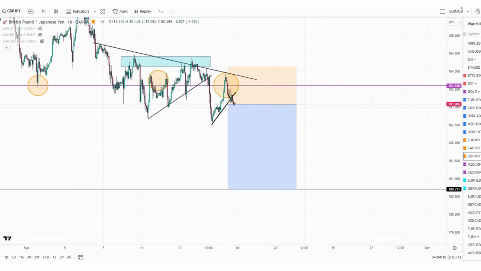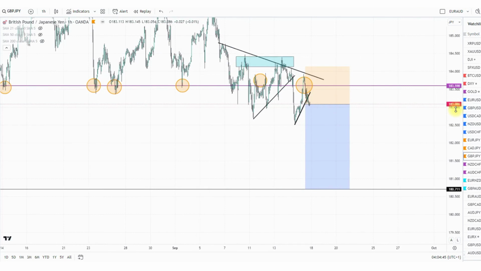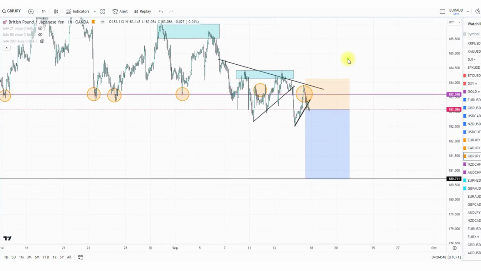We might have something like this. Probably the market just does its own thing and maybe takes the stop loss and has a weak rejection candle and comes back below. If price comes back below, I will still take my sell bias setup at that particular area. So that's what I'm looking at now. The JPY, a sell bias from the market price, or probably before the London session on Monday, if we have a pullback here, then I'll be looking to sell from that particular area back to